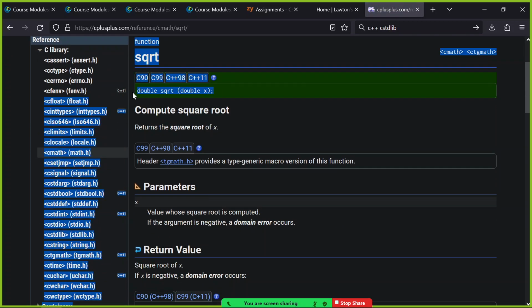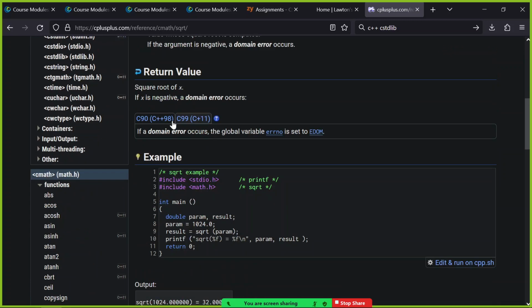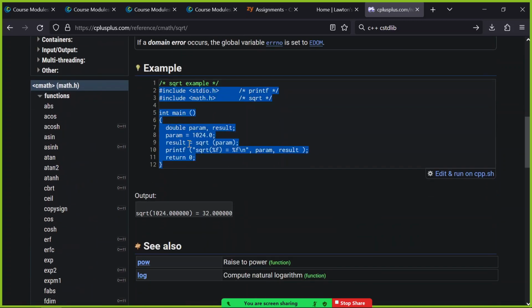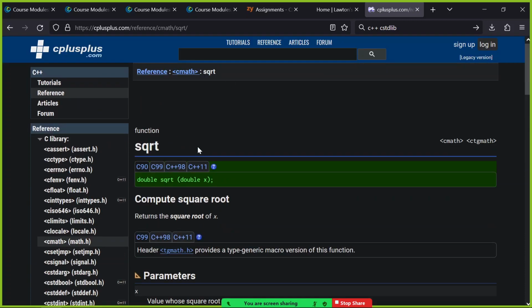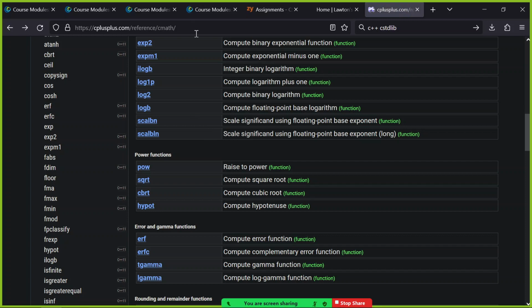How to read this: square root is a function that takes a single argument that's a double, and it gives you back a double. The first thing is the type that it gives you back. And then it gives you a cute little example program too if you want to know how to use it. But that's how you click on these things and learn more about them. But this is what exists in the cmath library. So let me make a new file and we'll do